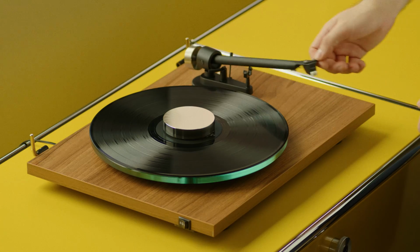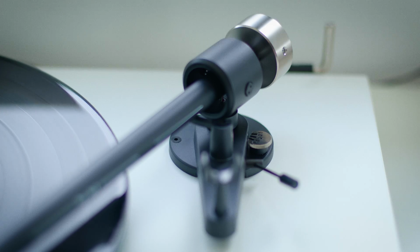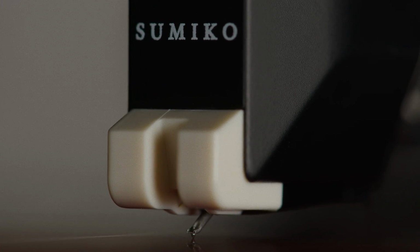Again, to the tone arm, it's a 9-inch tone arm. So this is also a small little technical detail. So it's a little bit longer tone arm than usual. Why? Because the longer the tone arm, the tracking angle gets less steep. So there is less distortion. Only a one-piece tone arm gives us the guarantee the tone arm is reacting super fast on any small detail